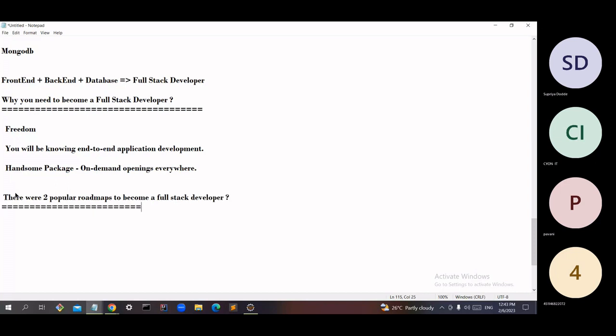The two popular roadmaps are: you can go through only JavaScript. The first one is JavaScript full stack. Only through the JavaScript language, you can become a full stack developer. In JavaScript full stack, you learn HTML, CSS, JavaScript, along